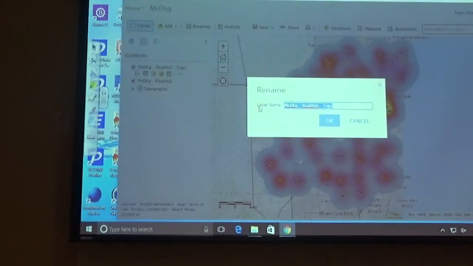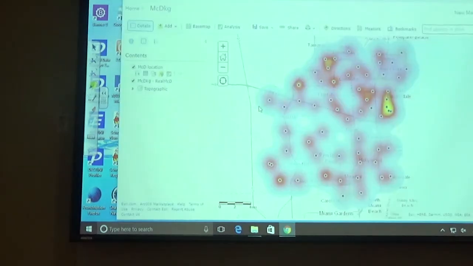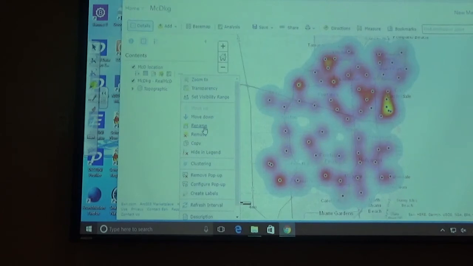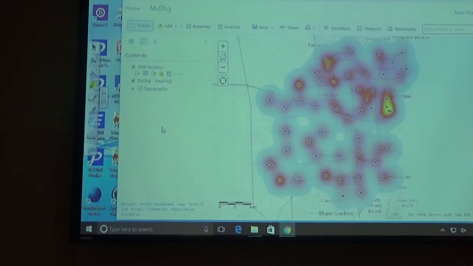And could call that MCD location. So you go to more options and then rename. MCD. Options, rename. Alright? And rename it to,